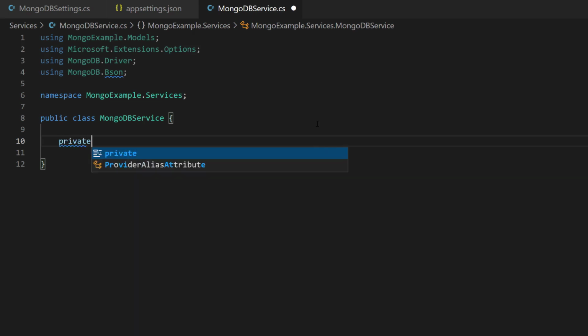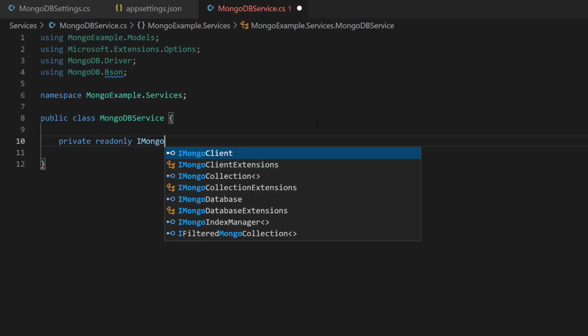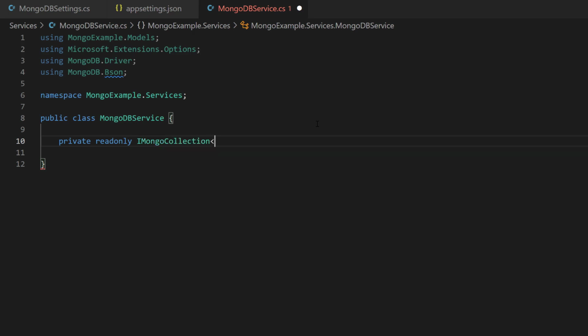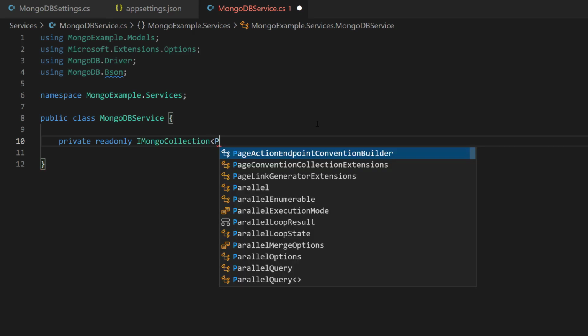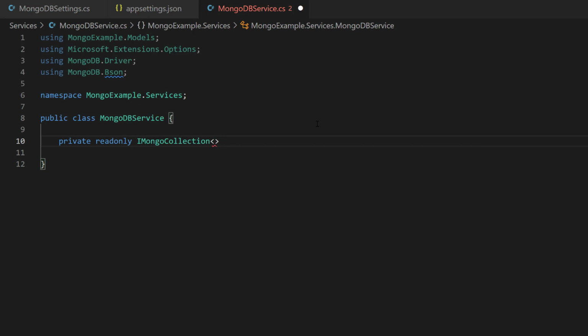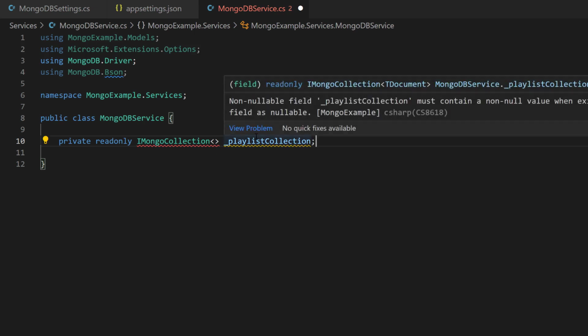I'm going to say private read only. I'm going to say IMongoCollection. It's going to be of type Playlist, which we haven't actually created yet, so I'll leave it blank, and we're going to call it playlistCollection. Now, before we progress, it might be a good starting point to actually create that playlist collection or that playlist